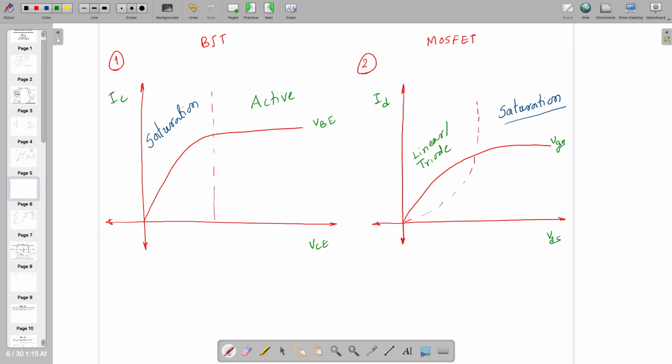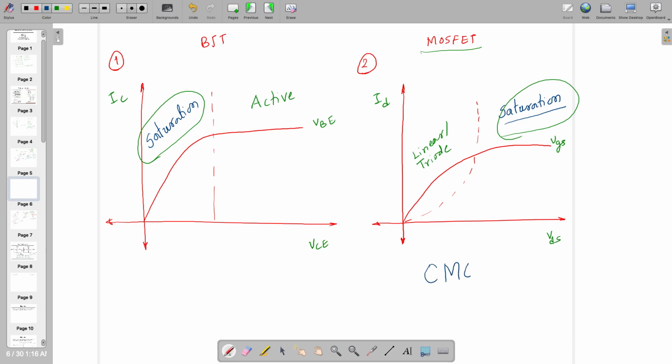This is just for your information. People will get confused and ask you this question. So the saturation, which is here, it's here. By the way, MOSFET was invented much earlier than BJT. This is also for your information, and it became very popular after 2000, when people wanted to have everything on a small scale, so they took MOSFET, or rather than MOSFET, they are using